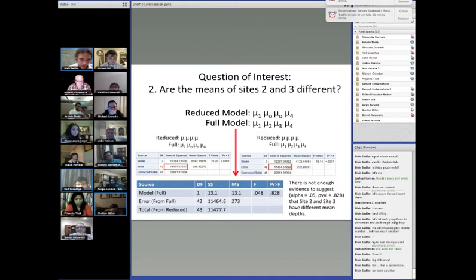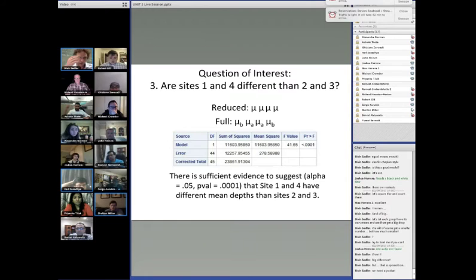I let them battle. They're almost the exact same sum of squares, and this one had an extra parameter letting 2 and 3 be different. But there's not much to explain. It didn't explain very much. And it's saying that you would almost always see something that extreme if there was no difference between 2 and 3. So there's not enough evidence, again, to suggest that sites 2 and 3 have different means. And so anyhow, the last question